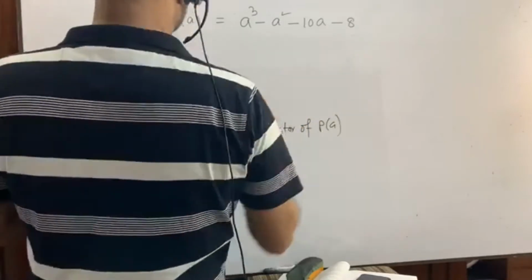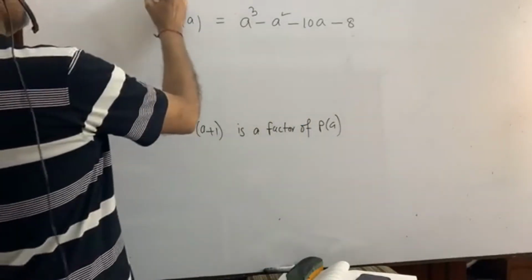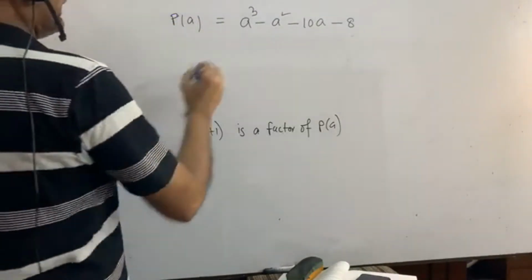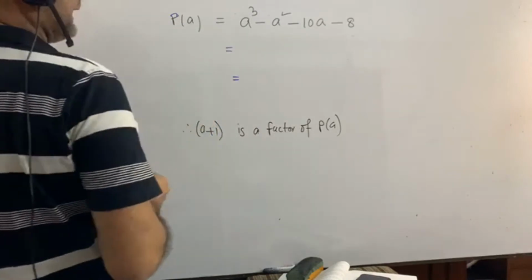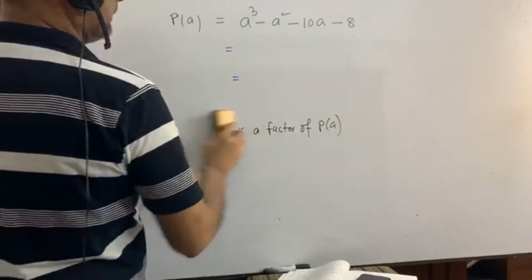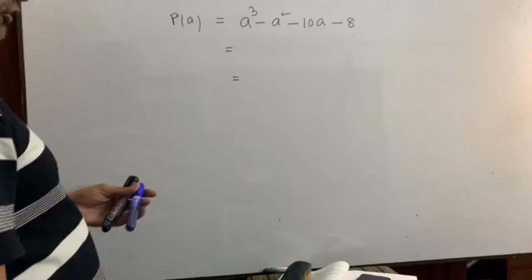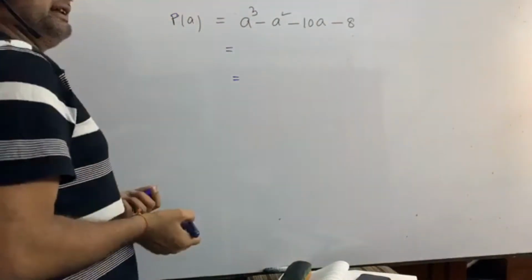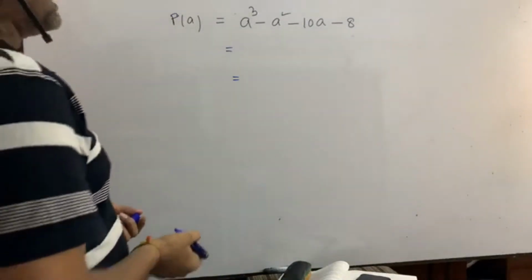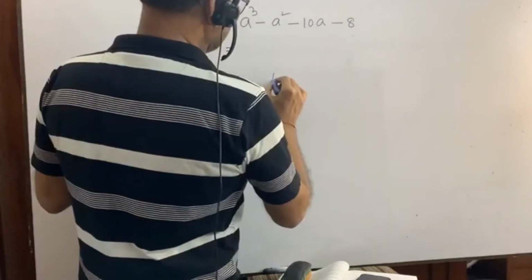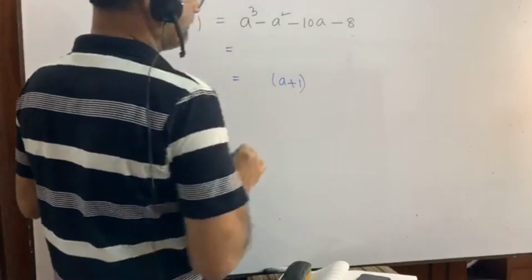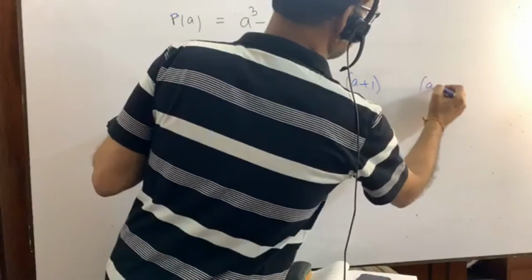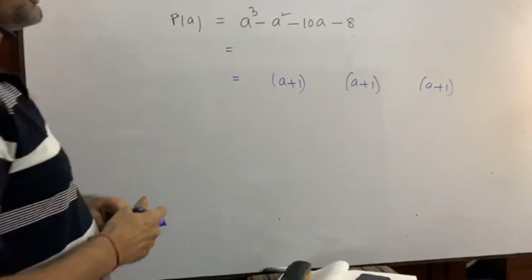After that you write down, now P of a equals to this. Okay, you keep online gap, what is the factor? A plus 1 is a factor, right? It is the power 3, highest power is 3, that is called degree is 3. Then we have to write a plus 1 3 times. A plus 1 one time I have written, I am going to write down the second time, and at last the third time. Okay, I have written 3 times the factor.